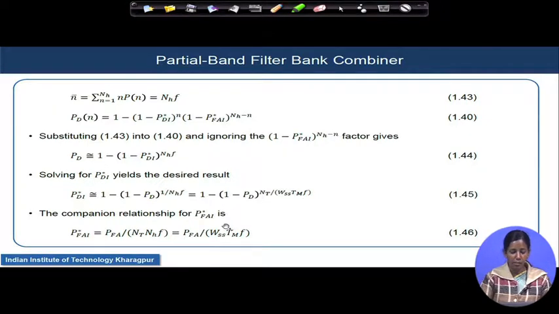The companion relationship for your P star FAI can be determined from this P star DI also. So now finally, when your partial band FBC is there, you are not going to identify the detection probability by the original one, considering that the NH is very high. We can go ahead with the equation of detection probability 1.44, where the individual channel detection probability will be given by 1.45 and its corresponding false alarm probability will be given by 1.46. We end here